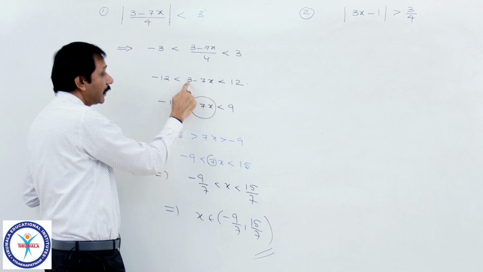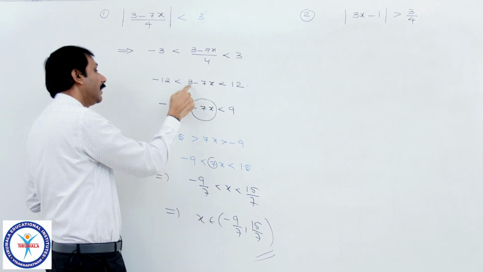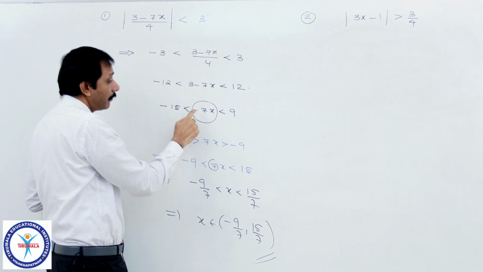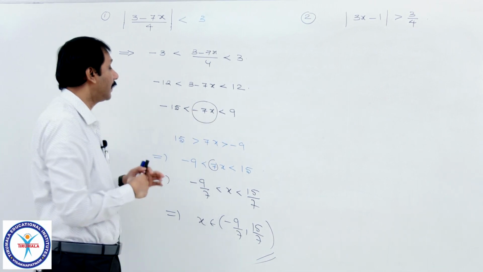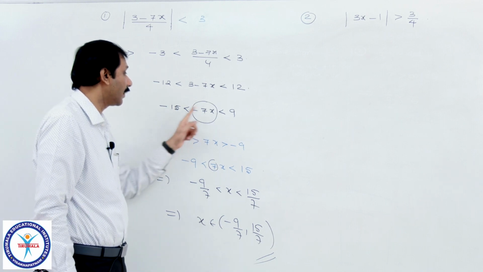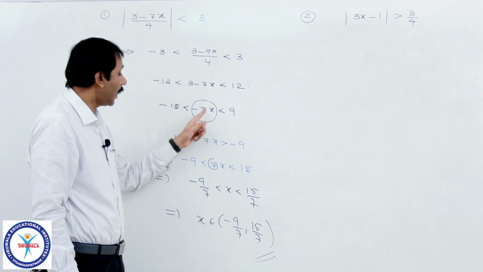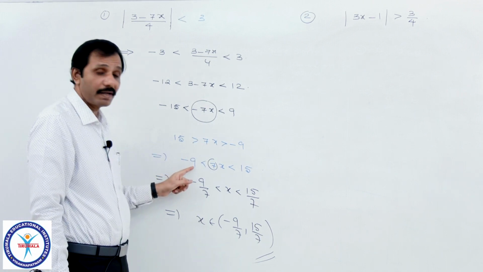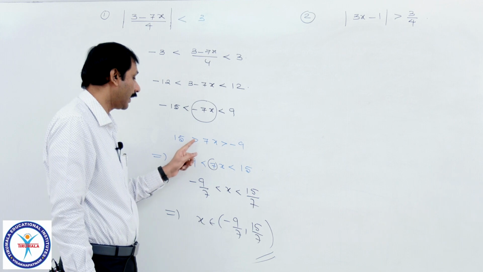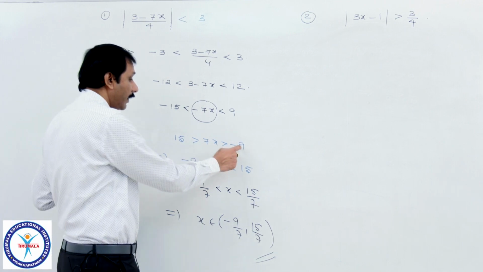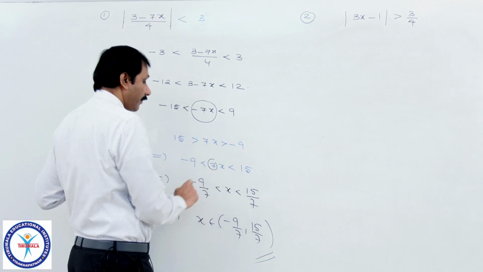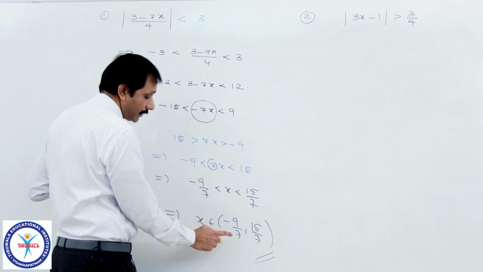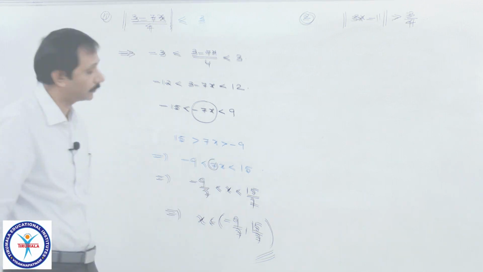And next I am taking care of this 3, I mean −3 you take for this one, −15 and 12. And next the minus sign is there, no? First multiply with a minus sign, which means the inequality will change. And this 7x is there, now 7. Divide it by 7, and because it is a positive real number, the inequality will remain the same. Of course, I have written −9 < 7x < 15, divide by 7. Now, the final solution for this inequality is this one.